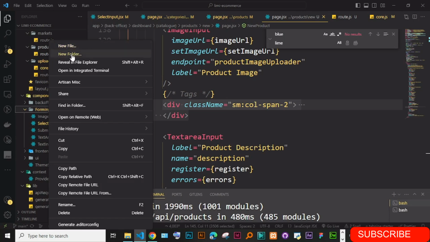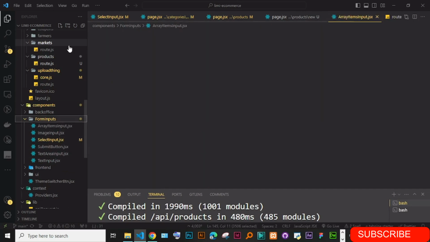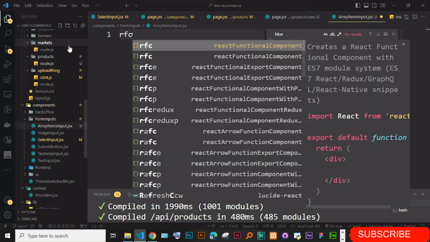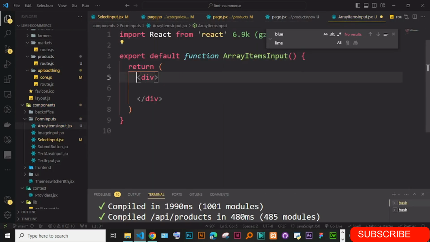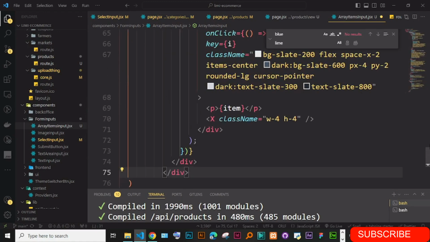We're just going to create a new file, array items input dot jsx. I haven't gotten any better name. Maybe in the future you can give it a better name. Just return this. Okay,